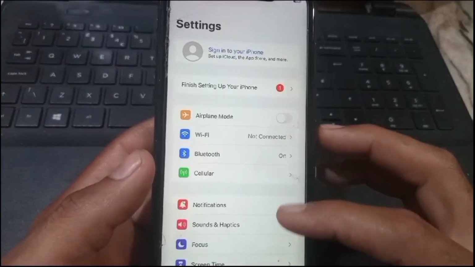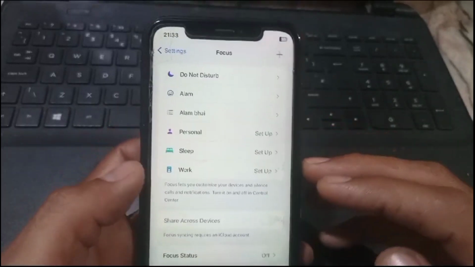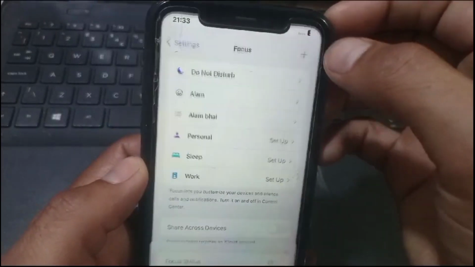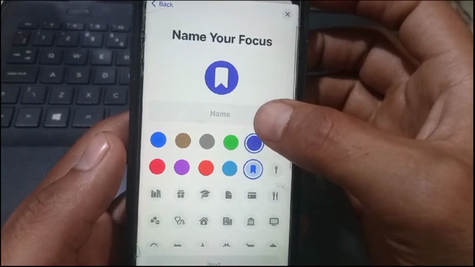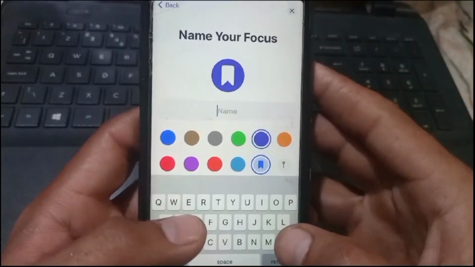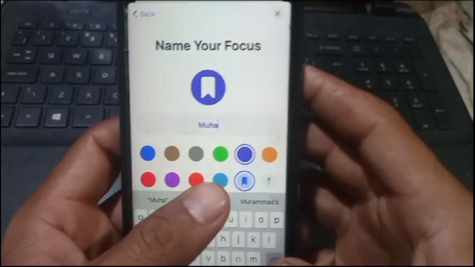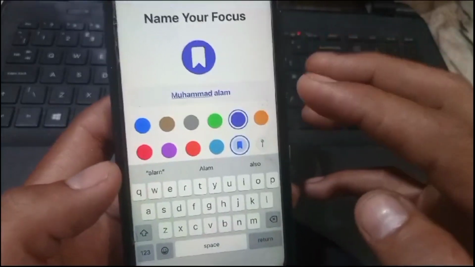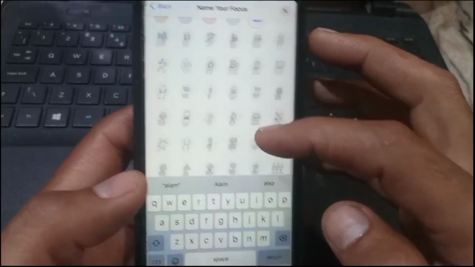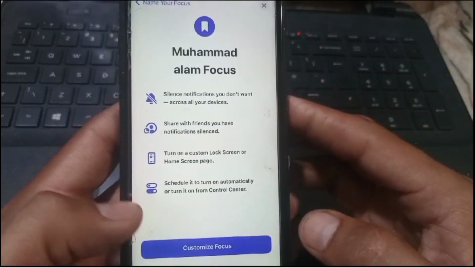Here is the interface. Simply tap on Focus, and here tap on the plus icon in the top right corner and tap on Custom, and simply write here what you want to add on your lock screen. My name is Muhammad Alam. I am writing Muhammad Alam. You can see it appears on screen, and tap on here and tap on Next and